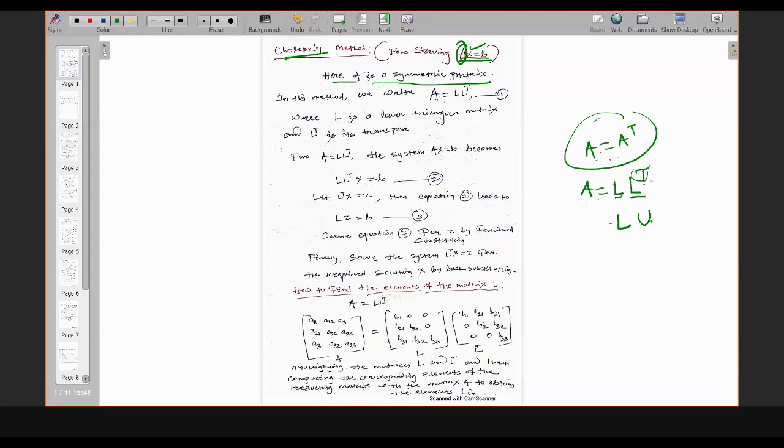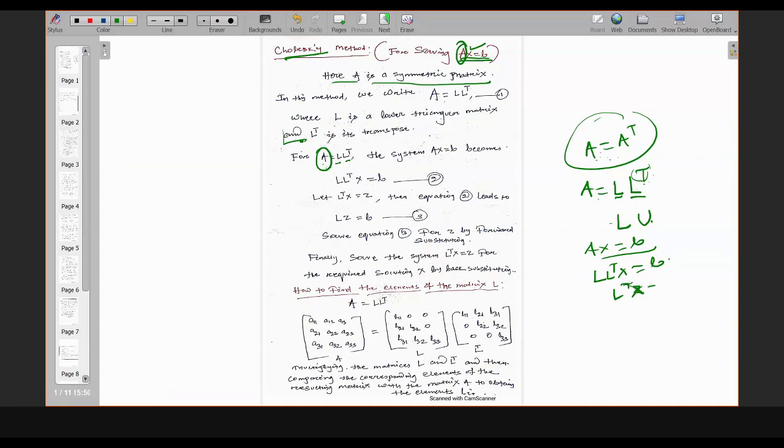So after decomposing the original matrix A, the coefficient matrix of this linear system, as the product of L and its transpose, your original system takes this form: Ax equals b, that is L L transpose x equals b. Now you choose L transpose x